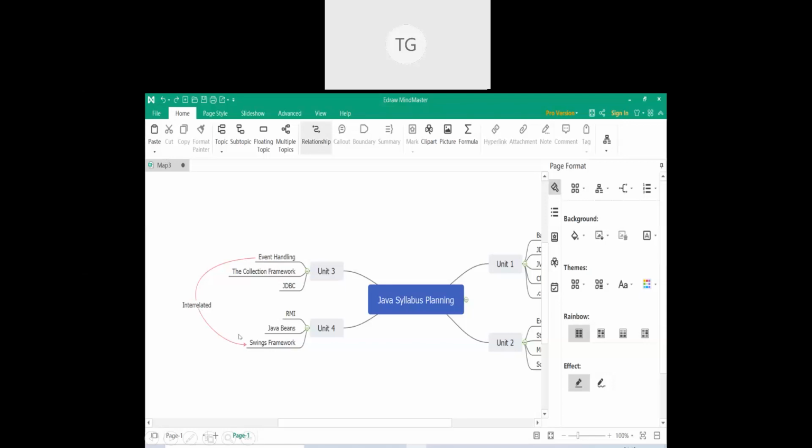So you can have certain topics in your syllabus that are the basis for certain topics that are to flow or would be extended in certain advanced topics. You can set up relationships amongst topics this way, like between event handling and the Swings framework. You can set up a relationship between collection and Java Beans. Whichever topics are related or need to have a relation can be related using this relationship option here.